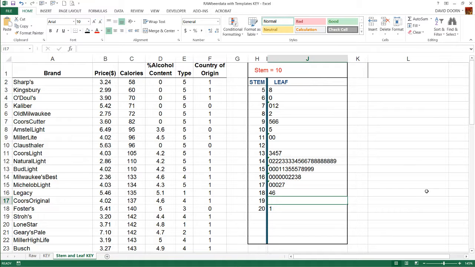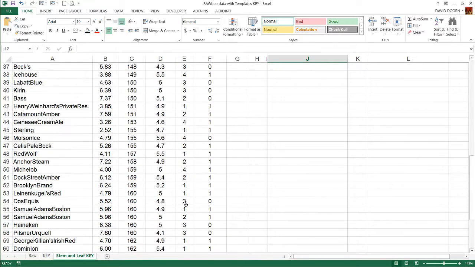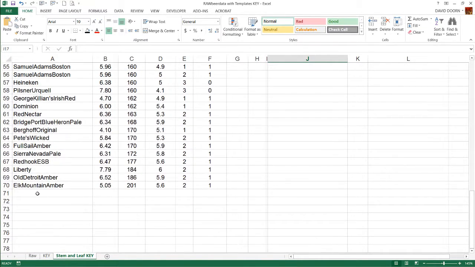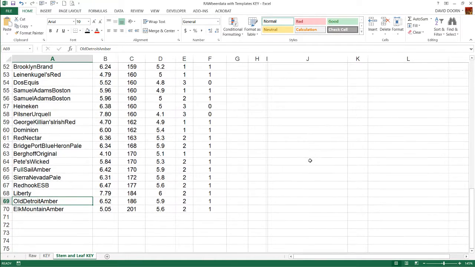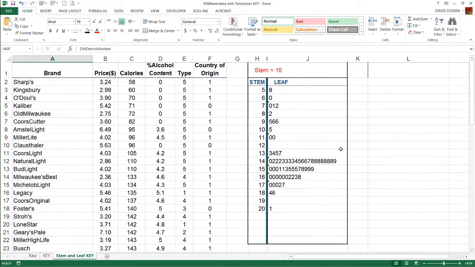Note 190 calories. There is one that has 201 calories, right down here at the bottom, the highest calorie beer, Elk Mountain Amber. Never had that. I think I've heard of it. This Old Detroit Amber, I never even heard of that one. Anyway, beside the point. So that's what you should have gotten, unless you used a ones digit